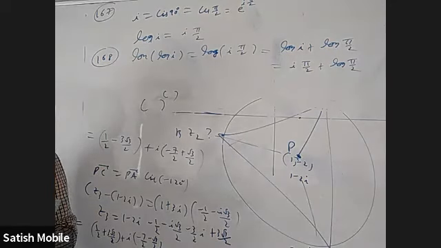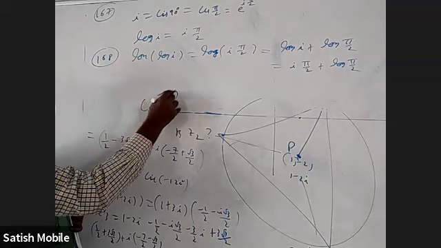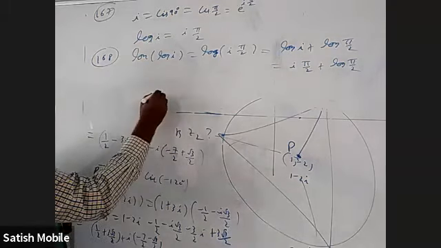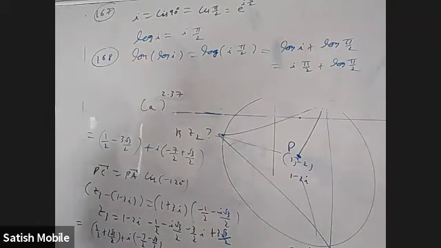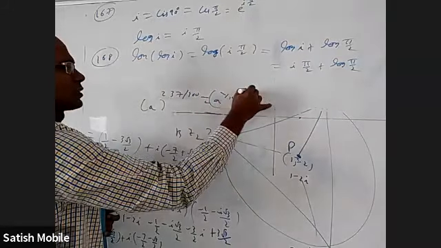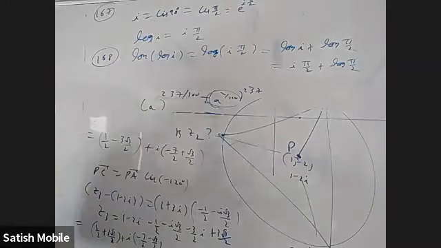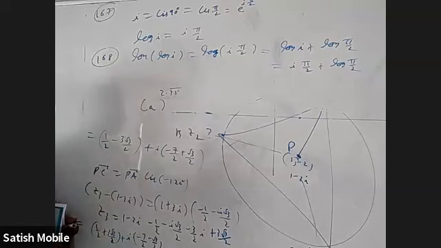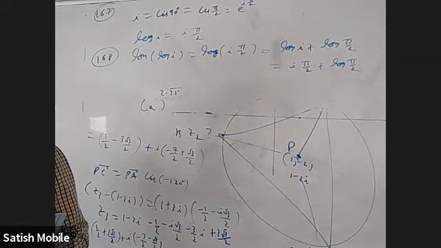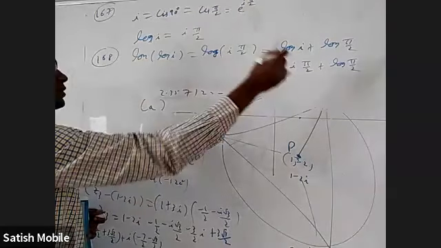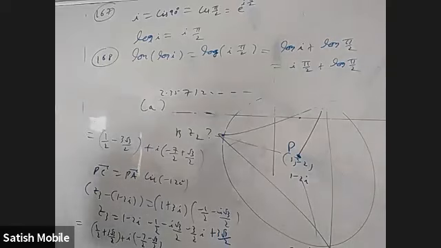I'm sure I might have talked about it sometime or other. If you ask a power 5, everybody will say it is a into a 5 times. What is the big deal? But if I ask it is a power 2.37, it doesn't mean it is a into 2.37. Still somebody may say I'll write 237 by 100, I'll write a power 1 by 100 whole power 237, and multiply this 237 times. Nothing wrong. But I'll give an irrational number, 2.35353535, non-terminating, non-repeating. Or I'll write an irrational number 357 something, non-terminating, non-repeating. Then what will you say?